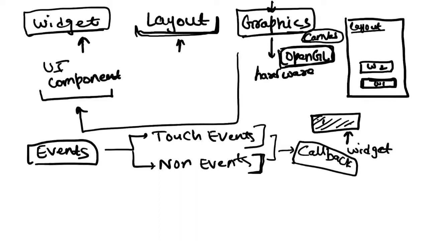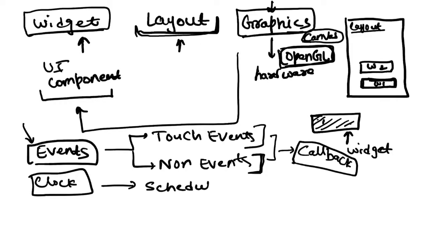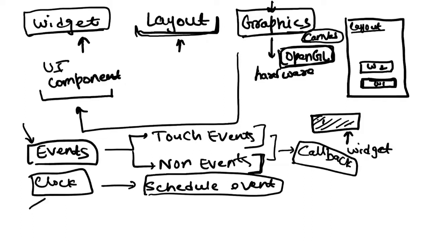So for that we have an events module. This is a separate module which is abstract in a way that you can register the events and you can take the actions appropriately. Now there is another component, let's say the clock component. Clock component is something where you can schedule the events. Let's say you don't want to recognize certain external events. You want to schedule certain events that something should happen at a frequent interval of time. So you can do that using the clock component.